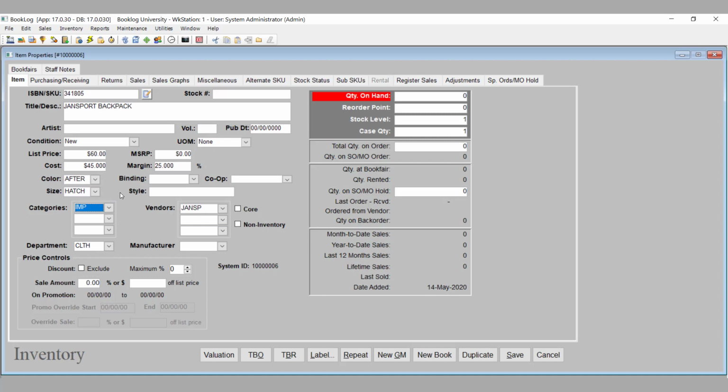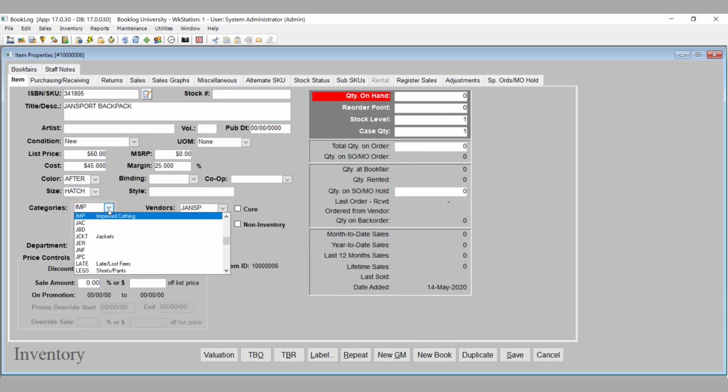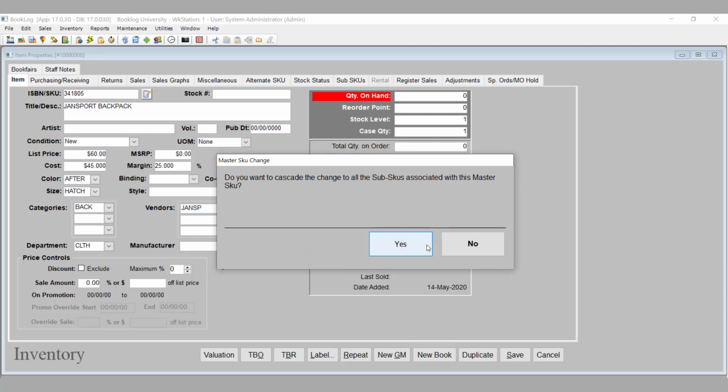Now, any change to the master SKU's department, categories, publisher, vendors, style number, case quantity, or reorder point can transfer to the sub-SKUs as well. Just make one of those changes, and Booklog will ask if you want to pass it on to the item's